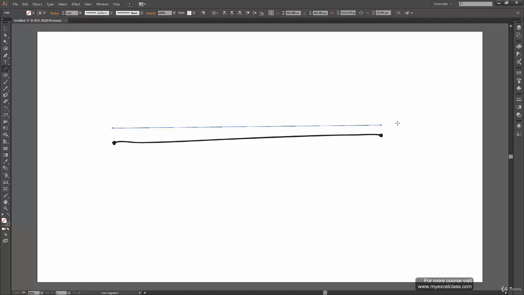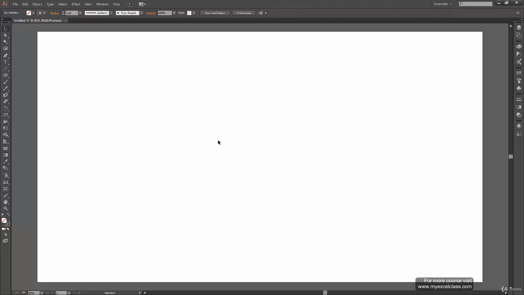Now you can actually create so many shapes and so much artwork using the line segment tool itself. Like if you want to draw a star, all you can do is create a line first and from the anchor point of one line, draw another line. And then you can keep repeating this process until you have a star-like shape.